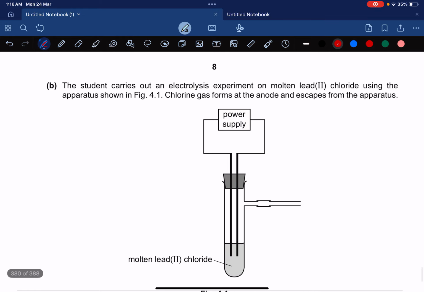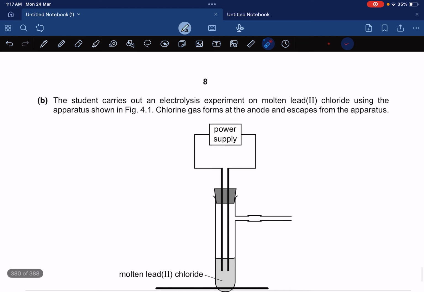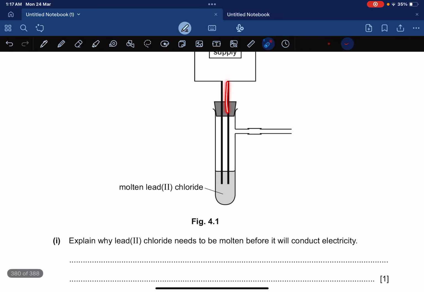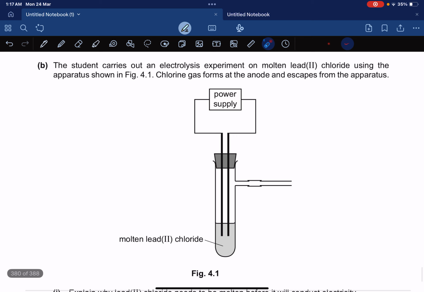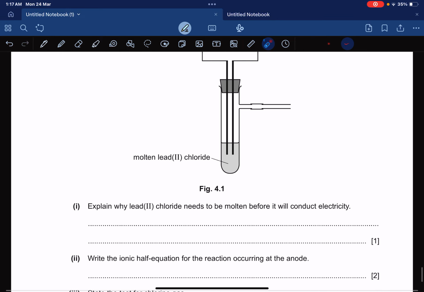Let's move on. Okay, a student carries out an electrolysis experiment on molten lead chloride. You've got to be sure about what kind of electrolyte you're using. It's molten lead chloride. Using the apparatus shown in figure 4.1, chlorine gas forms at the anode and escapes from the apparatus. Okay. Now, you're not given the anode or the cathode. You're simply given the 2 electrodes. And what's happening is this is your power supply. You simply set up an electrolysis experiment in a test tube. You've added this bung to it, and then you've just taken molten lead chloride and